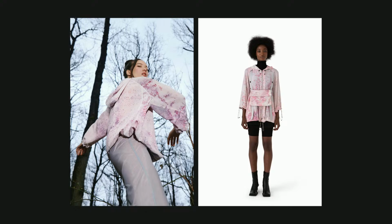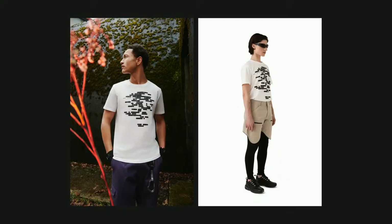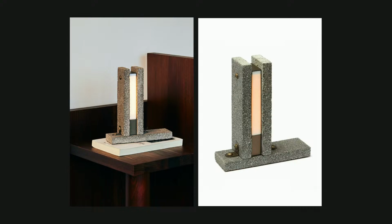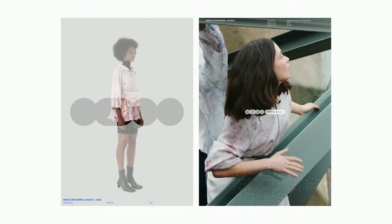So, for example, that shirt is dyed in bacteria. So that's how it gets its color. And we were in charge of the whole art direction of both the studio photography, the photo shoots on site, and the branded material,